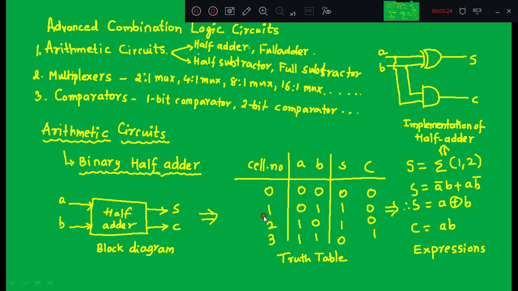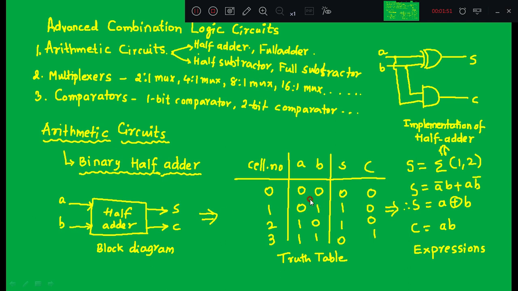If I write the truth table for a half adder, a 1-bit half adder, 1 bit refers to the size of the operand. Size of A is 1 bit, size of B is 1 bit, sum is 1 bit, and the final carry out is 1 bit. So carry out can be treated as an MSB.